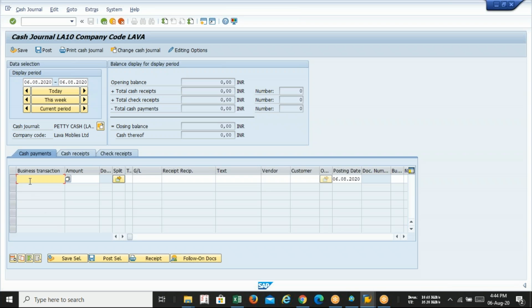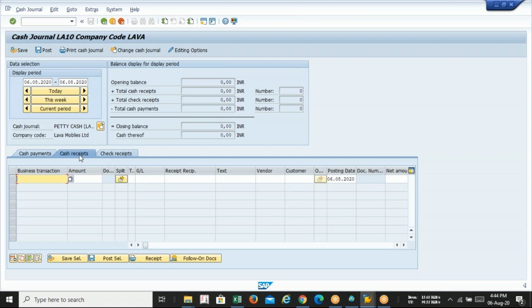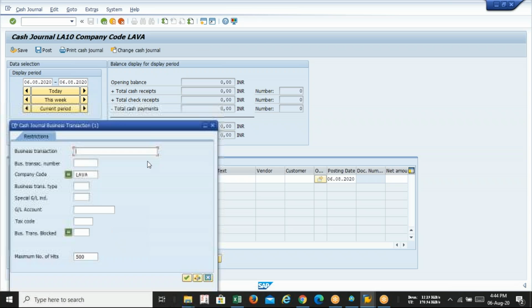So first you can see three types of transactions are there: cash payment, cash receipt and check receipt. So first we have to receive something, then we can make some payment out of the amount. So we are withdrawing some amount from the bank. So I am selecting cash withdrawn from bank. Okay.